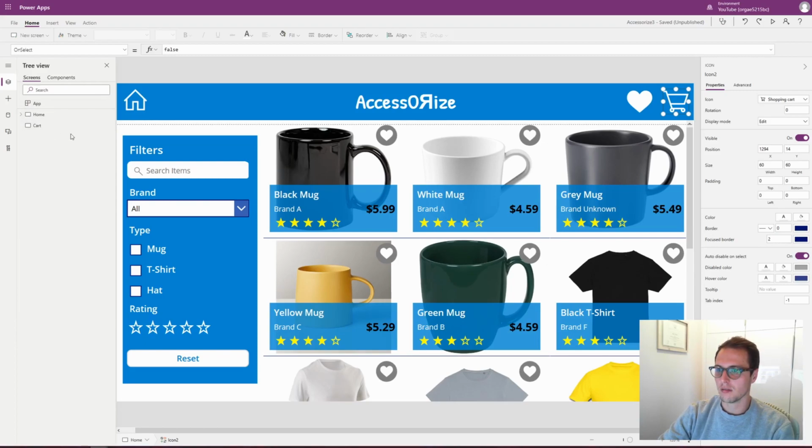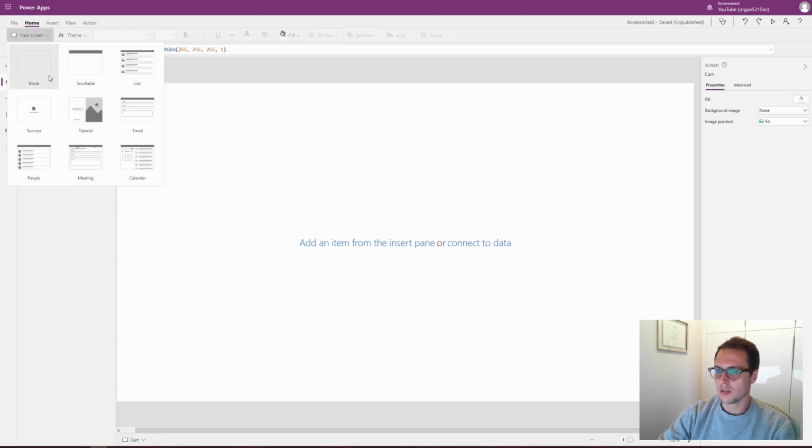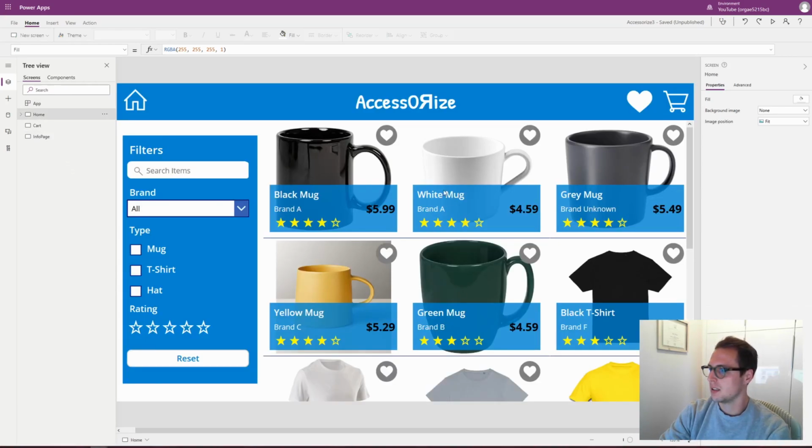In the previous sections, we actually built out this cart screen already, which is just a blank page right now. And the next two screens we're going to build out. So you're going to go to new screen blank, and we're going to double click and rename this screen info page. This is going to be when you go into the gallery and click on an item in here, it's going to take you to this info page to provide you a bit more information about